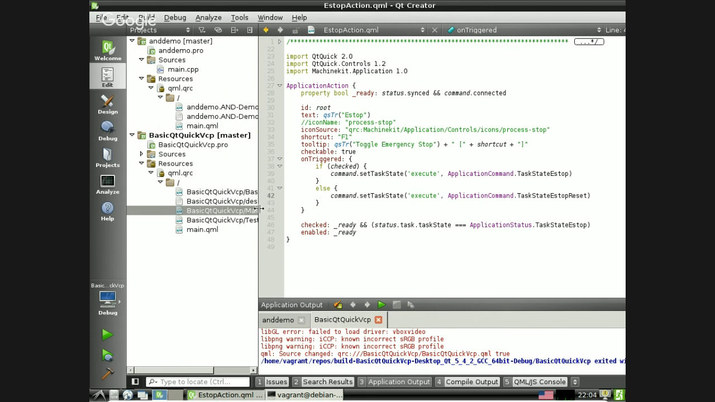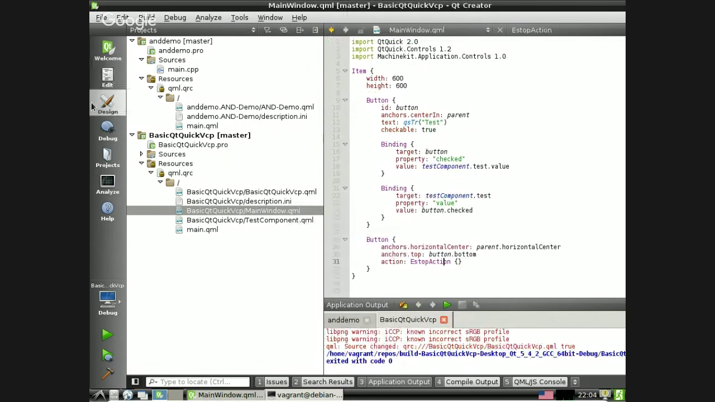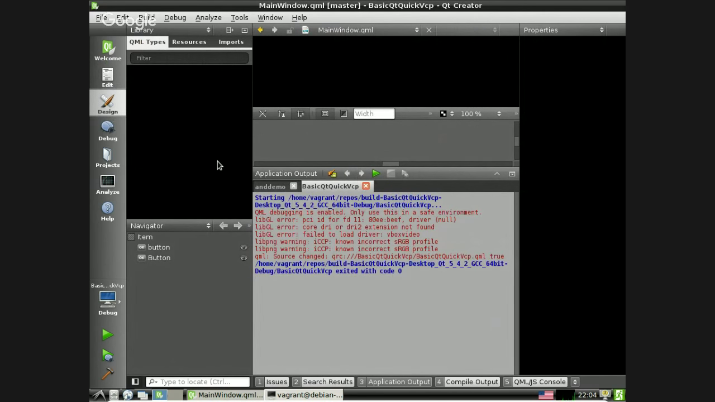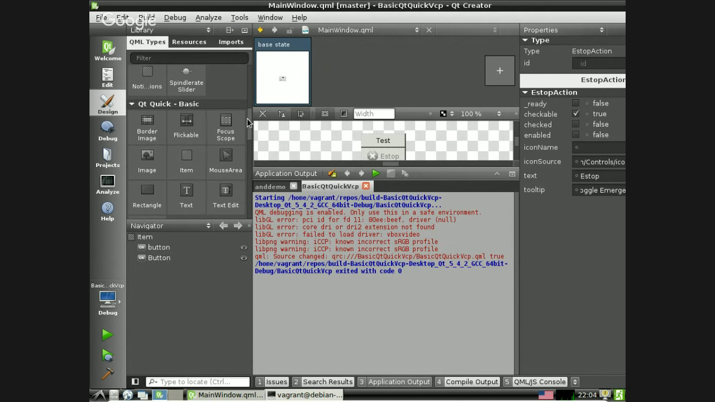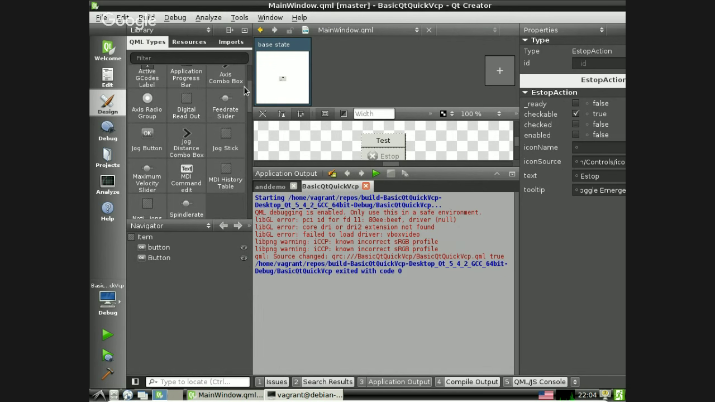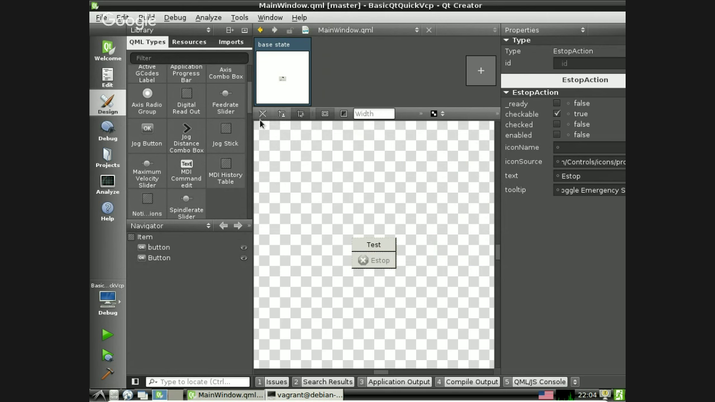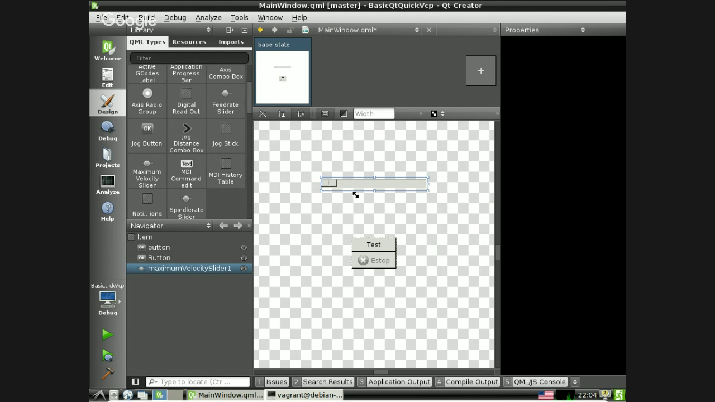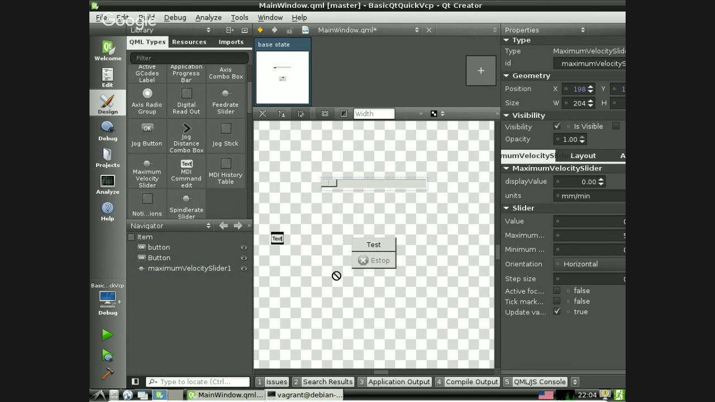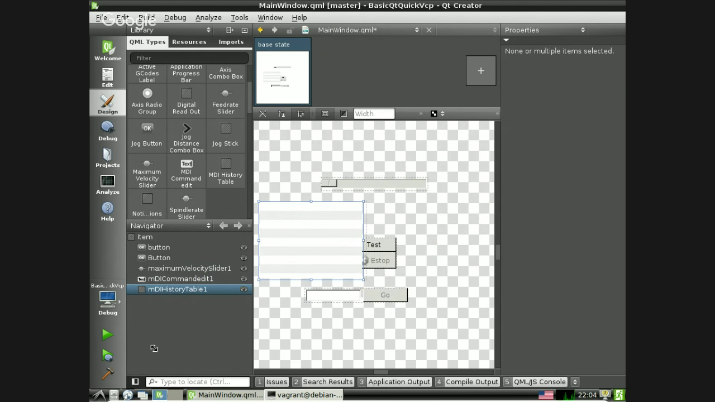If we want to extend this, go back to the main window. QtQuick VCP comes with a set of standard application components. Basically, this is almost everything you need to create a simple user interface. We have a slider for selecting the maximum velocity, an MDI command, an MDI history table, and